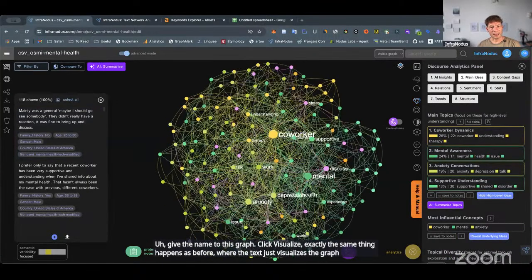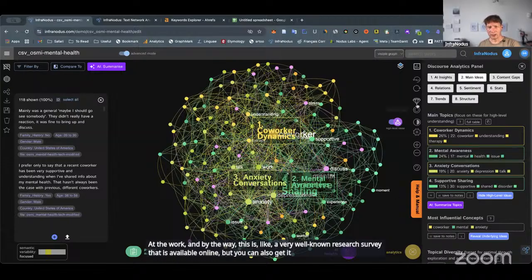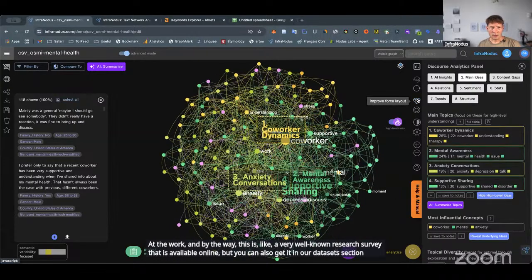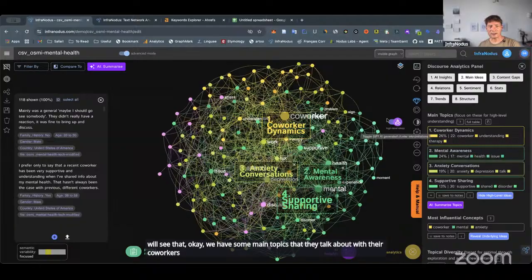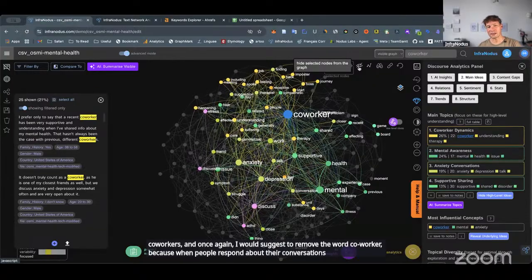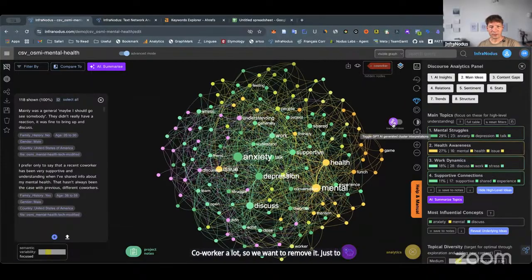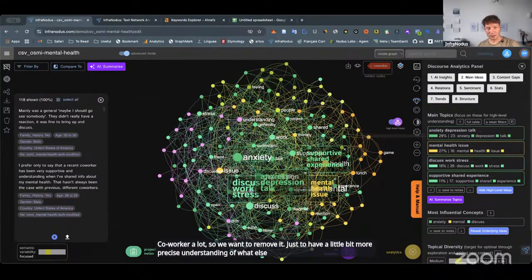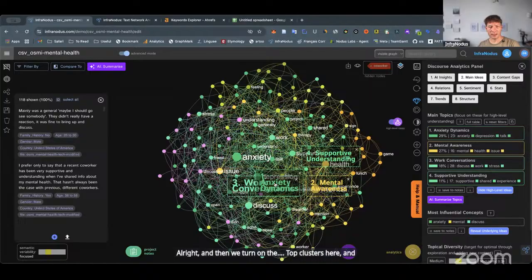And here I have all these categories. So now I can see that when people talk about their mental health at their work, and by the way, this is like a very well-known research survey that is available online, but you can also get it in our data sets section. You will see that, okay, we have some main topics that they talk about with their coworkers. And once again, I would suggest to remove the word coworker, because when people respond about their conversations with coworkers, they will use this word coworker a lot. So we want to remove it just to have a little bit more precise understanding of what else they're saying. All right. And then we turn on the topic clusters here,